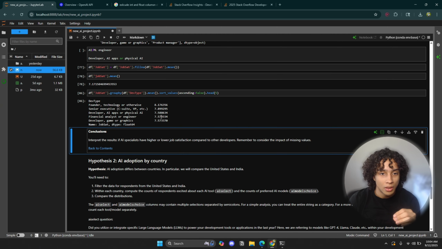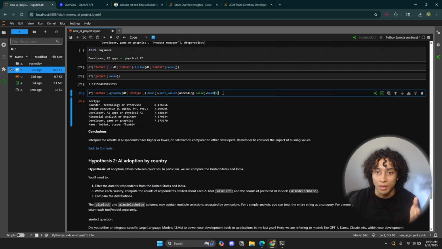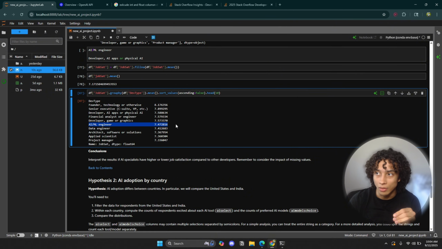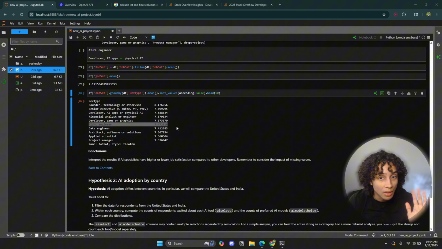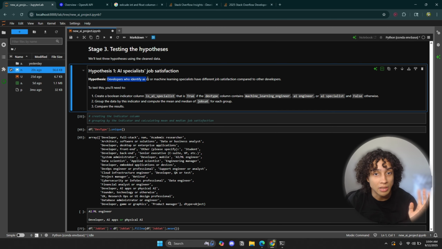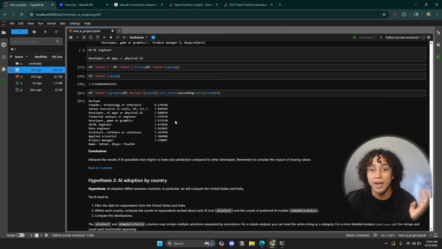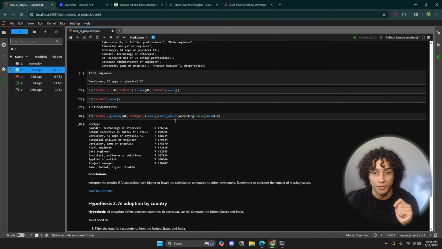Okay, so look at that. Developer AI apps or physical AI makes it to the top 5. Not only that, it's actually in the top 3. If we do top 10, look at that. AI/ML engineer appears. That's really cool. So that probably is evidence that developers who identify as AI or ML engineer specialists have a pretty high, on average, job satisfaction score,